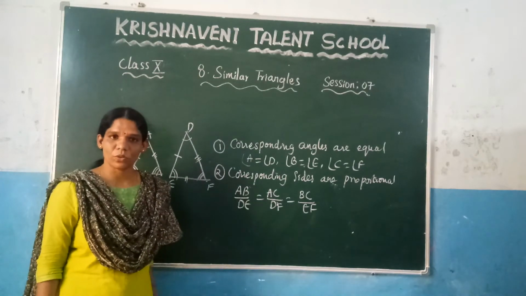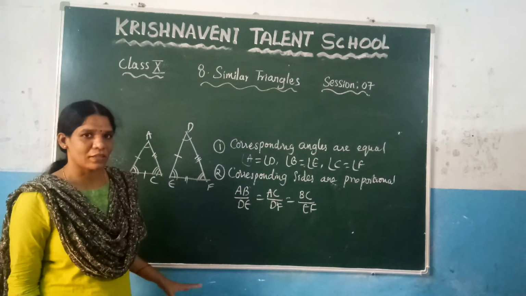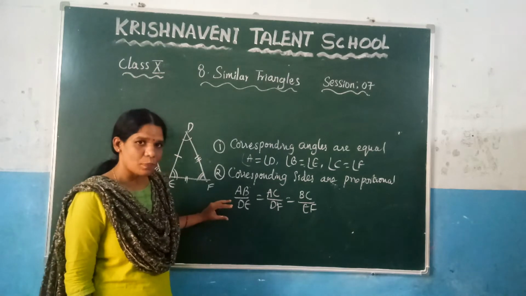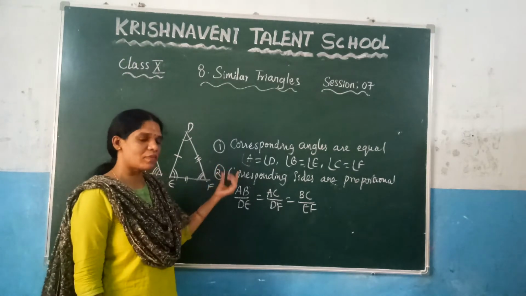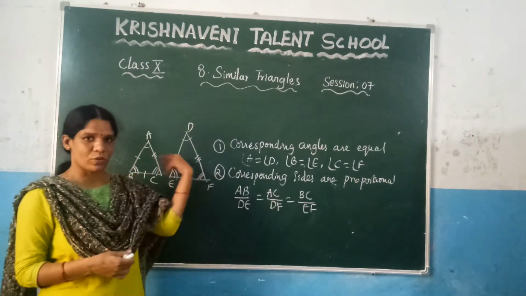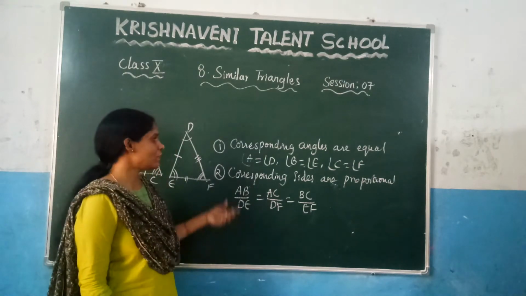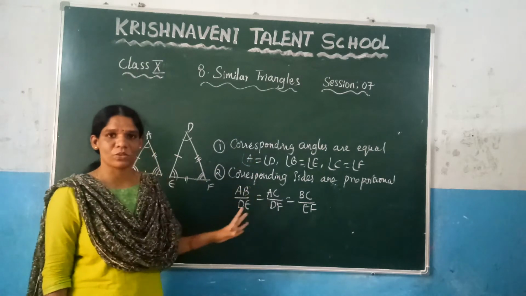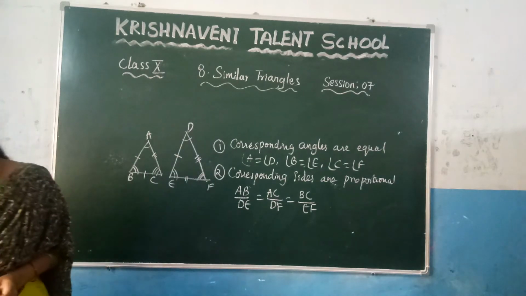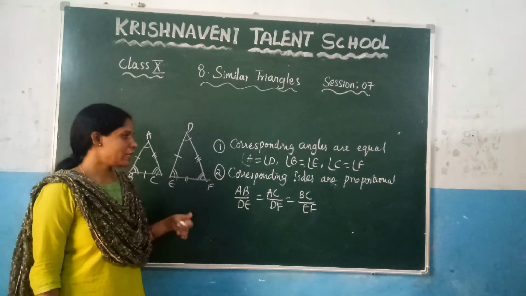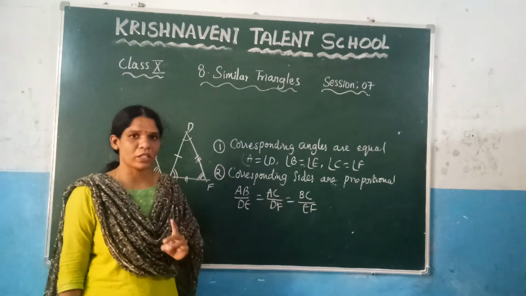And after that we are going to prove SSS similarity, which is side similarity. In that, what they say is, if the corresponding sides are proportional, then the corresponding angles are equal. That means if this condition is satisfied, then this condition is also satisfied by using AA similarity. And if this condition is satisfied, then that condition is also satisfied by using the SSS similarity. Now we are going to prove those theorems. So if you prove those theorems in the next exercise, there is no need to prove these two conditions. It is enough if you prove only one condition.